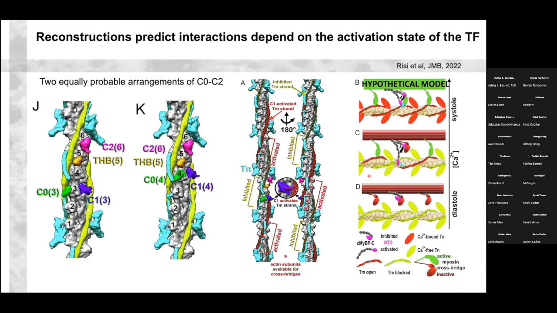But to really test this is where we actually turn to X-ray diffraction measurements, because what I've shown you are very elegant structural studies that are static and that can get at either the thick filament really well or the thin filament really well. But I think the point has been made quite beautifully over the last couple of days that X-ray diffraction is like the tool to measure these global changes, global dynamic changes that occur within the sarcomere